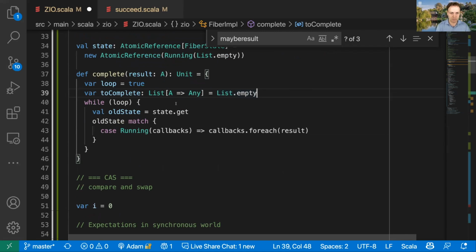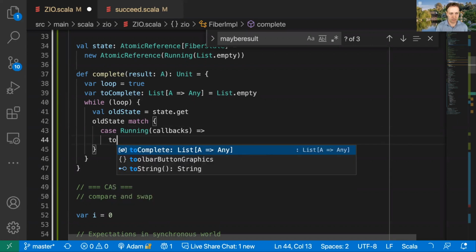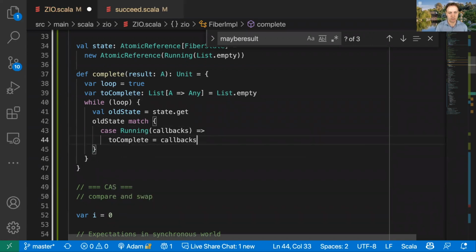Again, we're doing kind of low-level stuff here, but right now, fine. Let's set that to list.empty. So if we're running,